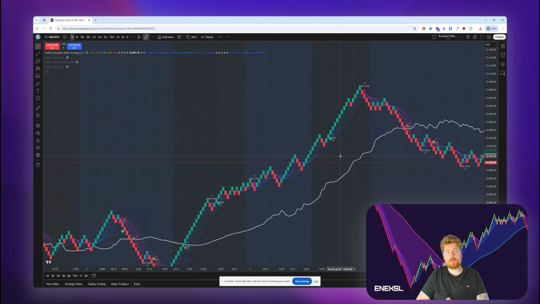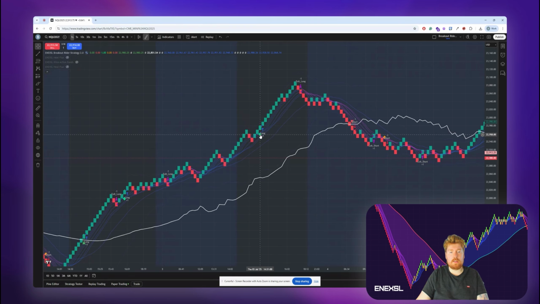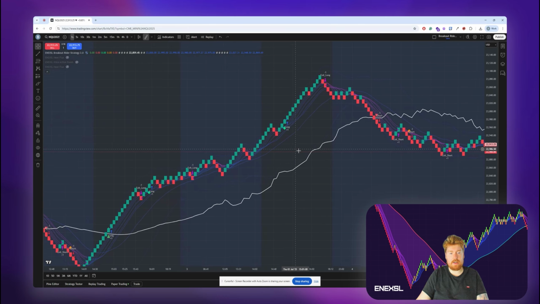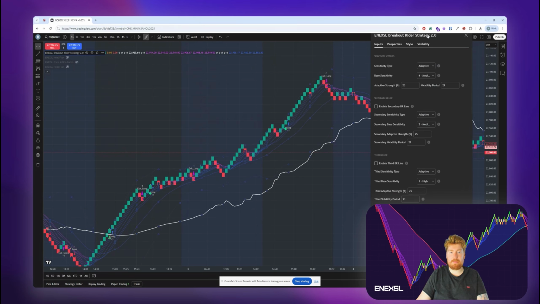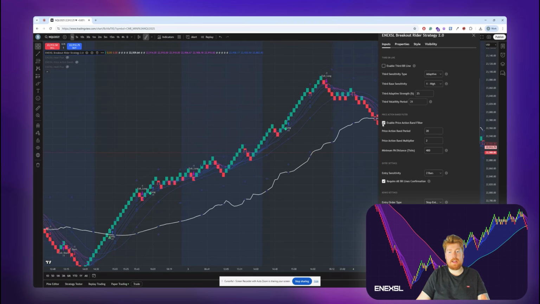2.0 also comes with an improvement to our re-entry system, helping you profit from ongoing market trends, where the original breakout might have only got part of the overall move. We can see here, helped by our diamonds, that re-entries are available. I've actually partnered this with a price action band setting to now enable us to just be trading where there's